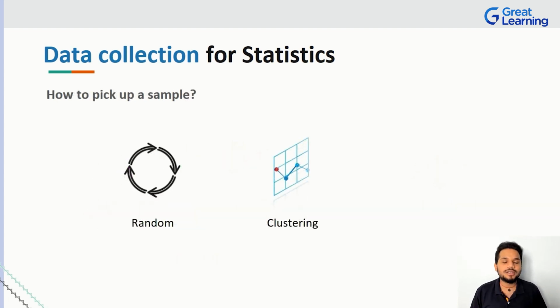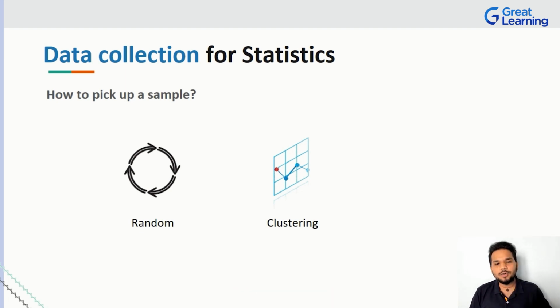So the next question you'll be asking right now is, okay, we know what sampling is. Sampling is basically picking up 1 or 2 things out of the entire thing. It can be just 1, it can be 2. If you have 10 items in your population, even if you pick 9 out of 10, that is still called a sample space because it does not have everything at the end of the day. So how do you go about picking up a sample? There are 2 ways you can do it. One is called random sampling and the other is called clustering.